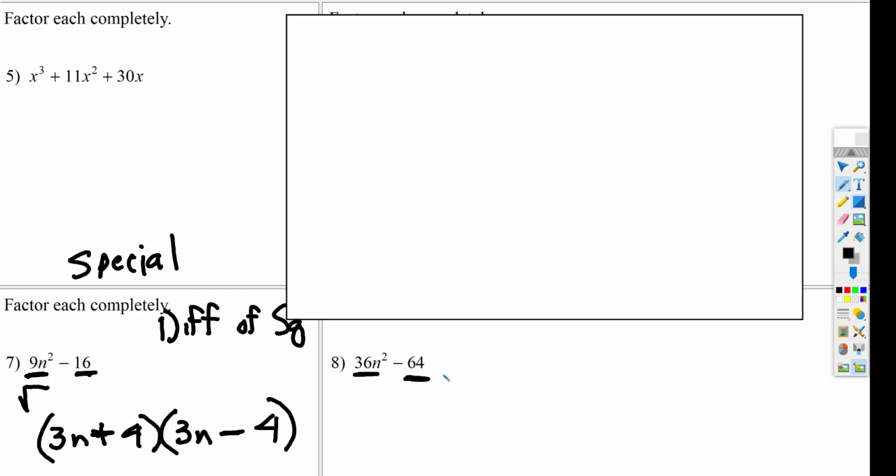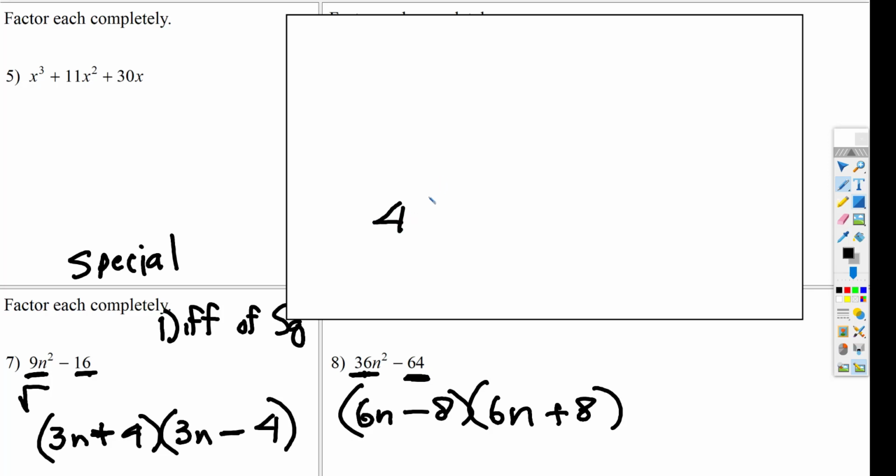These are both perfect squares right there, but this is what you're going to have to be careful of. Right there, we take the square root of 36n squared, you get 6n. The square root of 64 is 8. But the problem, these all have a 2 in common. So then you would have to factor out that again. Well, what number do 36 and 64 have in common? 4. So you could factor out